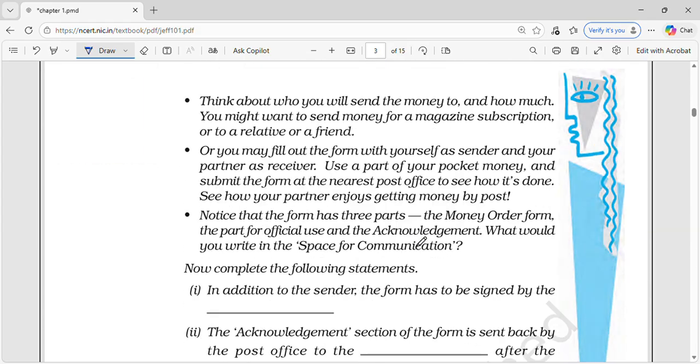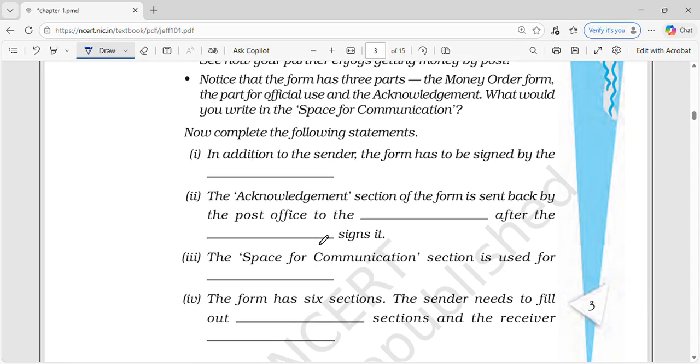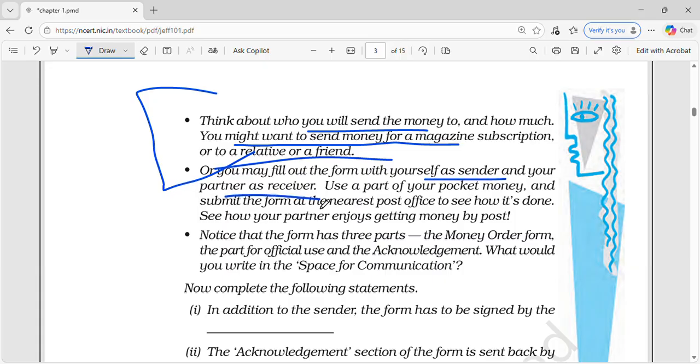तो ये तुम खुद से कर लेना। अब चलो, नाउ लेट्स एक्चुअली थिंक अबाउट एंड स्टार्ट द चैप्टर। अरे अच्छा, think about who you will send the money and how much money you want to send, and you might want to send money to a magazine subscription or relative or friend। तुम्हें मान लो जिसको भी पैसे भेजने वो सोचो, and then you may want to fill out the form yourself, and as a sender yourself, and receiver as your partner, whoever would be, and use a part of your pocket money and submit the form to the nearest post office, and it's done।